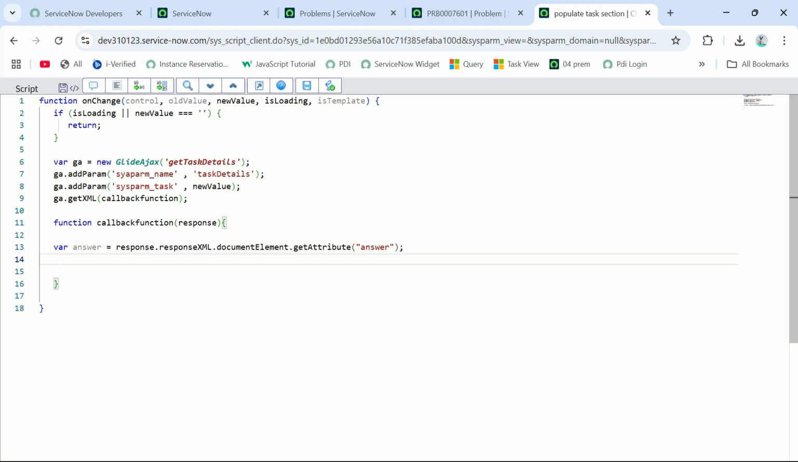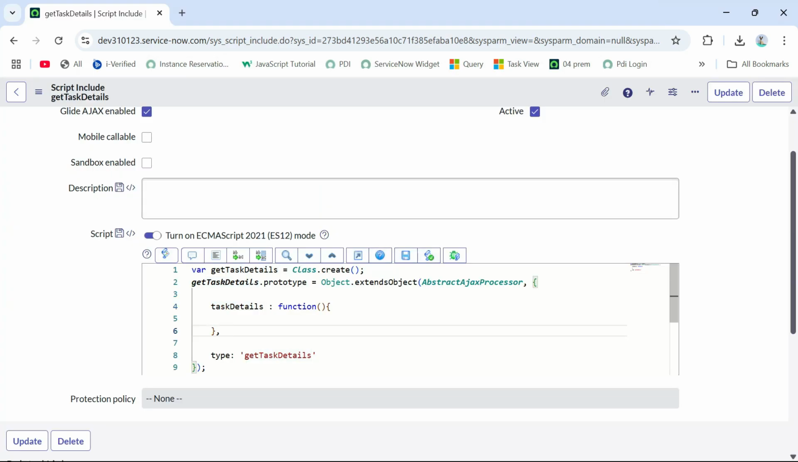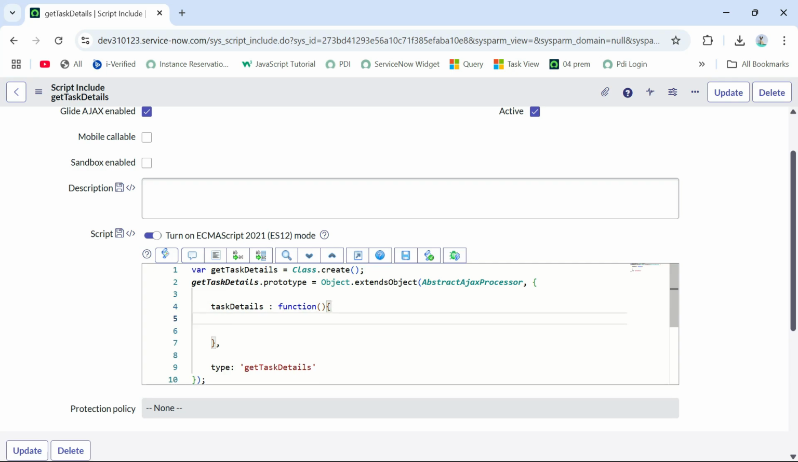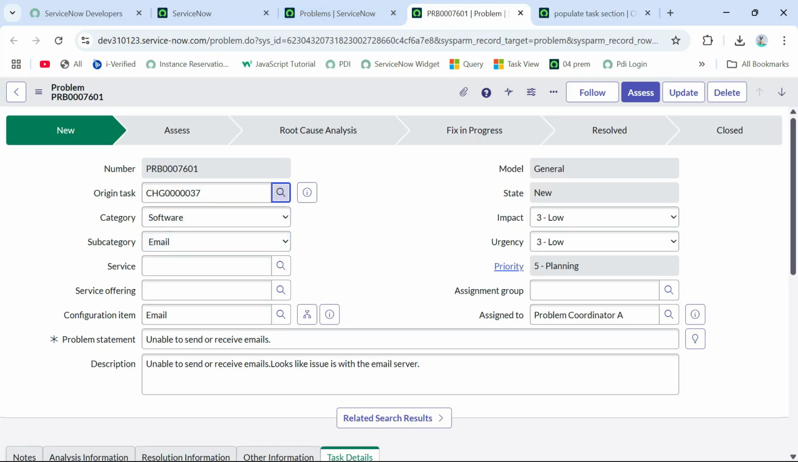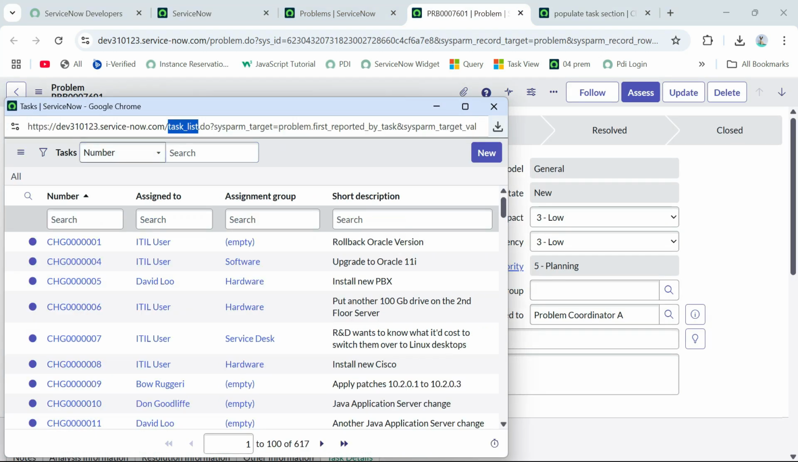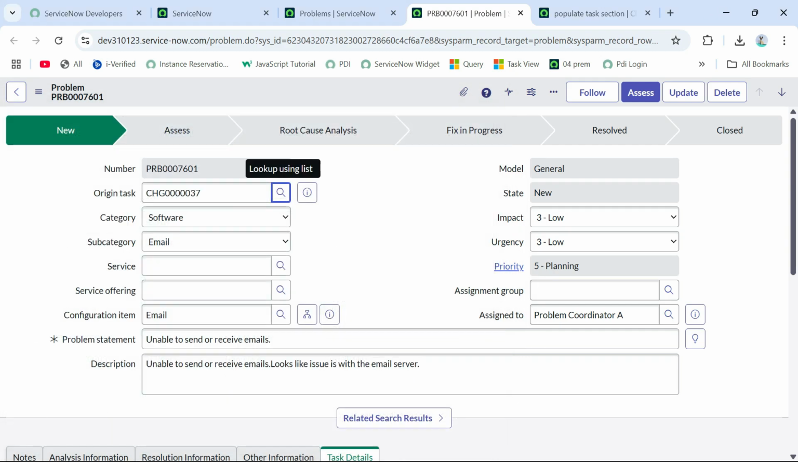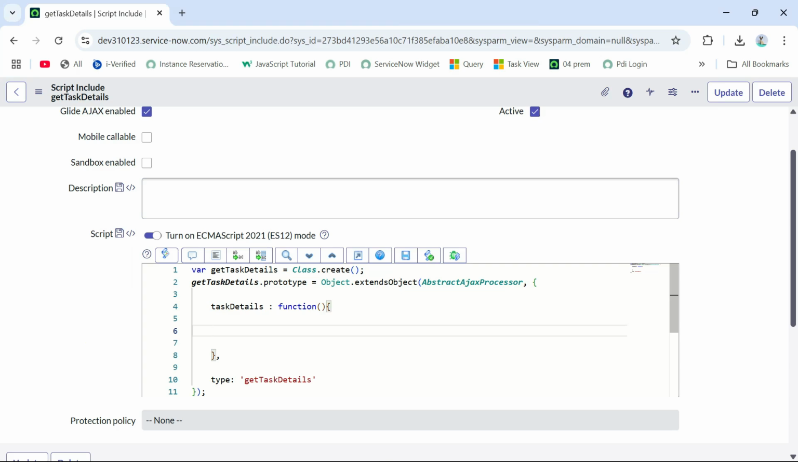Now I just need to complete the function which is responsible for getting the multiple values. Where will we write it? We will write it in the script include now. So here, this section is referring to the task table. So I just need to GlideRecord the task table and get the details based on the new value we are selecting. So simply I'll write var grTask equals new